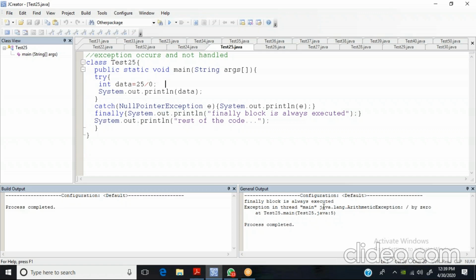So that's why it is written java.lang.ArithmeticException: division by 0, and it is not handled over here. So exception occurs, not handled. Why not handled? Due to the different type declaration of this catch block. Instead of this NullPointerException, if I put only Exception, will it work? Definitely. Look,